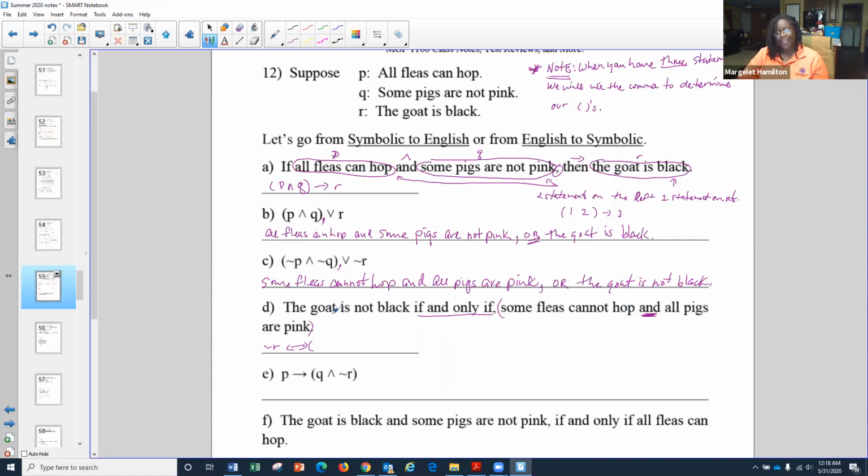Negation P, that's right. Because remember, P is all fleas can hop. Then they gave us some fleas cannot hop, that would be the negation of it, okay? Then all pigs are pink, but we have some pigs are not pink. So then that would be